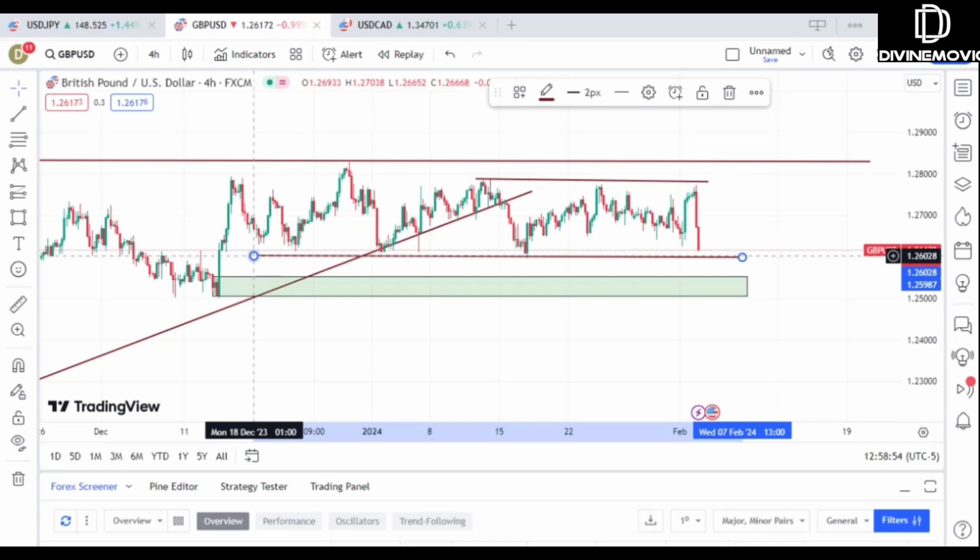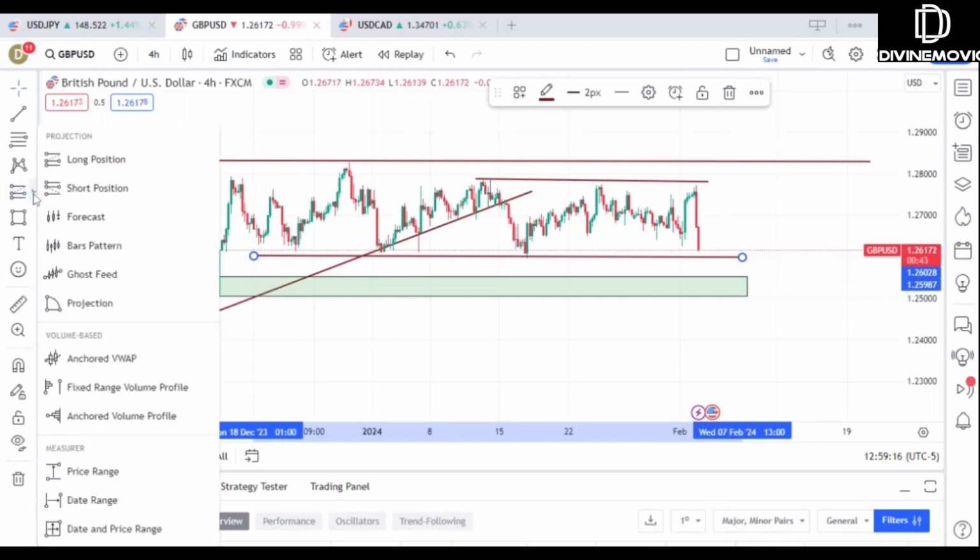Now, if you look clearly here, you can see that there's liquidity right above this area, which is the buy side liquidity. This area is the buy side liquidity, and this side is the sell side liquidity. And our price is going to seek the sell side liquidity, meaning price might likely go back to seek the buy side liquidity. So for me, this is a possible setup